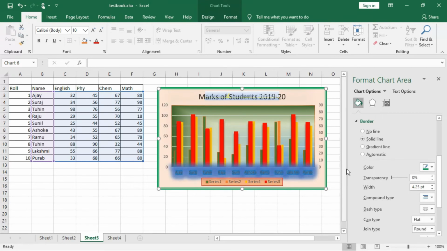I hope you understand this. You should follow both the videos in order to understand the chart formatting and the elements that we have formatted. I have shown you practically how to do this, and you must implement it practically. Okay, thank you students. Carry on with your practical lessons. Thank you.